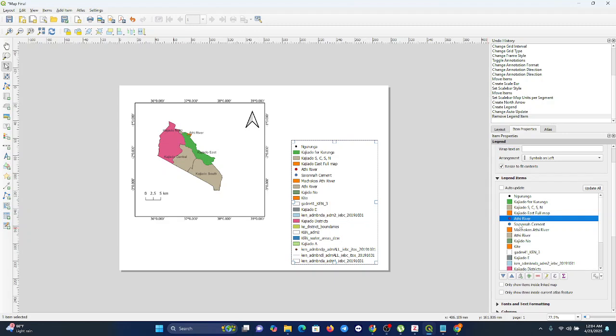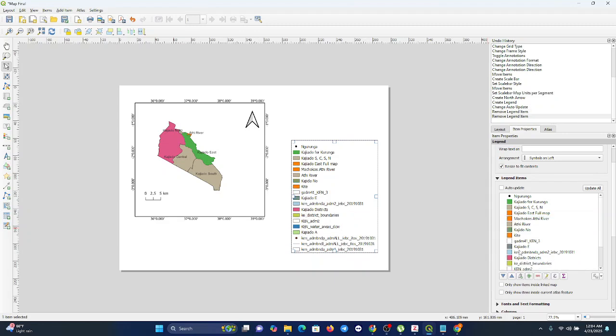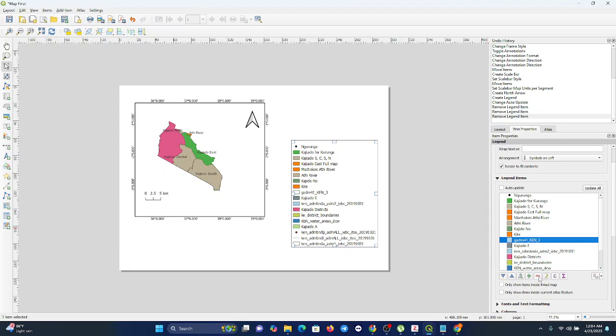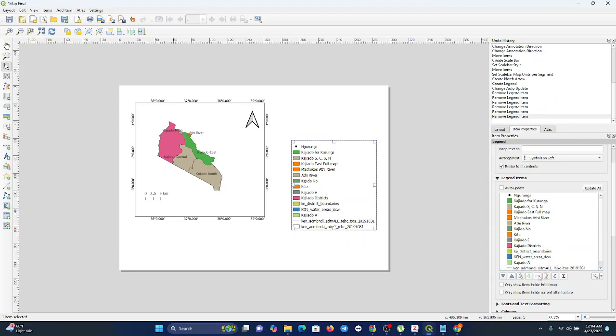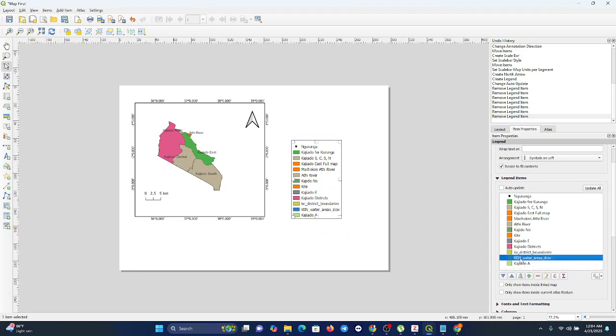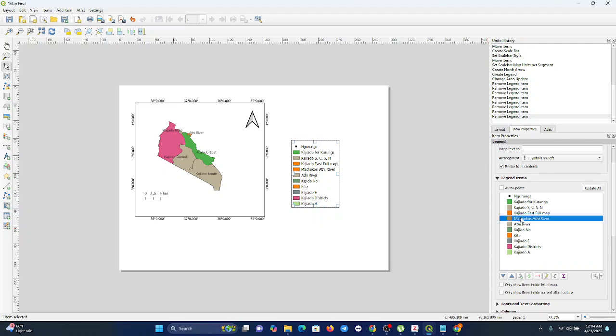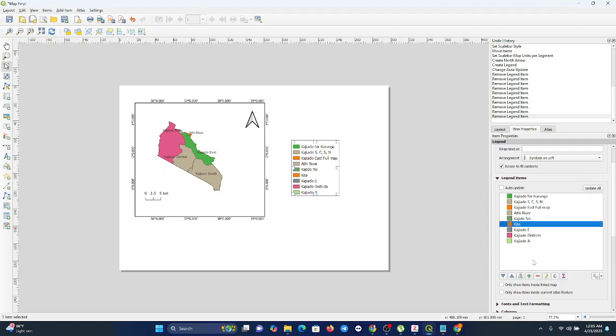I also don't want this. I remove it. So I also don't want this information. I remove it. I don't want this. Remove. I don't want this. Remove. So you keep on removing those that you don't want to appear in your legend to make sure that you just remain with the information that you want to display on your map. So you keep on removing those that you don't want to make sure that your legend only contains the information that you want,